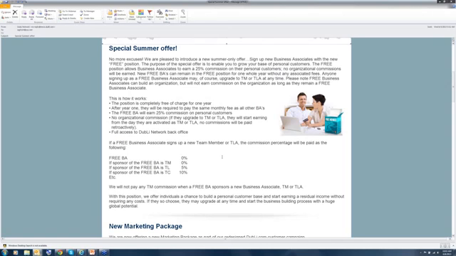The simplest way to understand it is this sentence right here: we will not pay any team member commissions when a free business associate sponsors another business associate, team member, team leader, whatever. So it's just that team member commission is not being paid out. That's the new position. Primarily, folks, quite frankly, it's a tool for the international side, where a lot of people go into webinars.